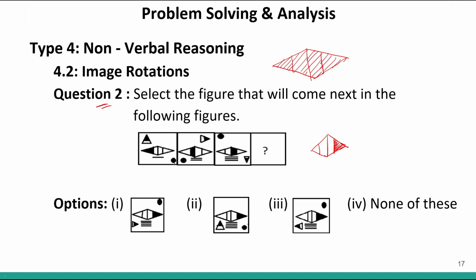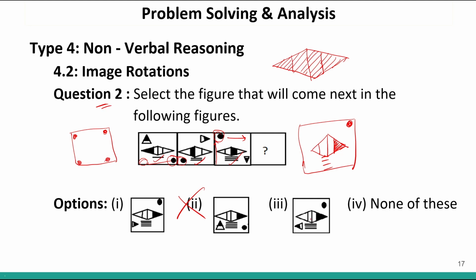Now let us look at the circle. The circle is over here. It moved to this corner. From here it moved to this corner, right? So it was here, it moved here, then it moved here. So naturally here it will move to this corner, towards this side. So if this is the image, the circle will be over here. Correct? This eliminates option number 2. Now if you look at the lines, here we had 1 line, 2 lines, 3 lines. So now we'll have 4 lines. Option number 1 and 3 have 4 lines.